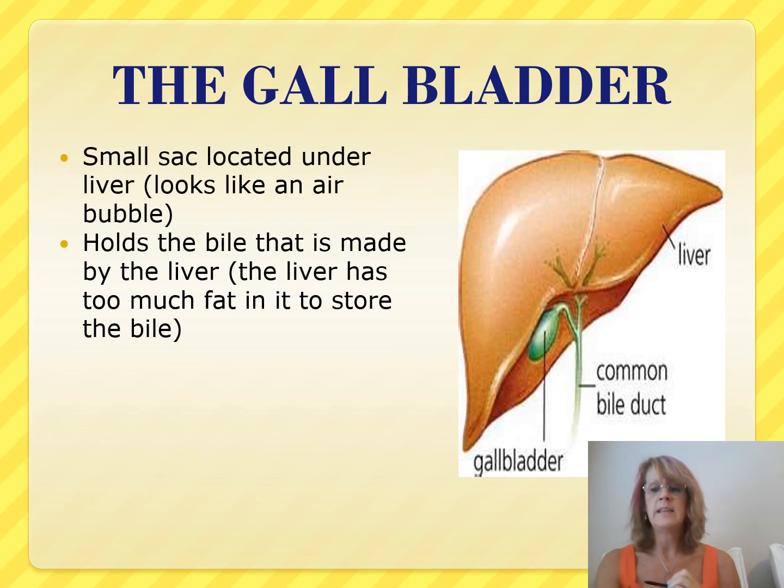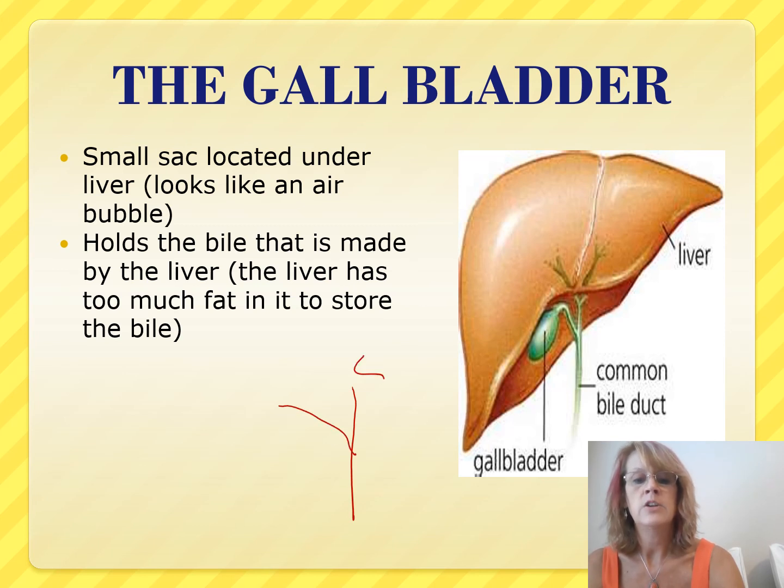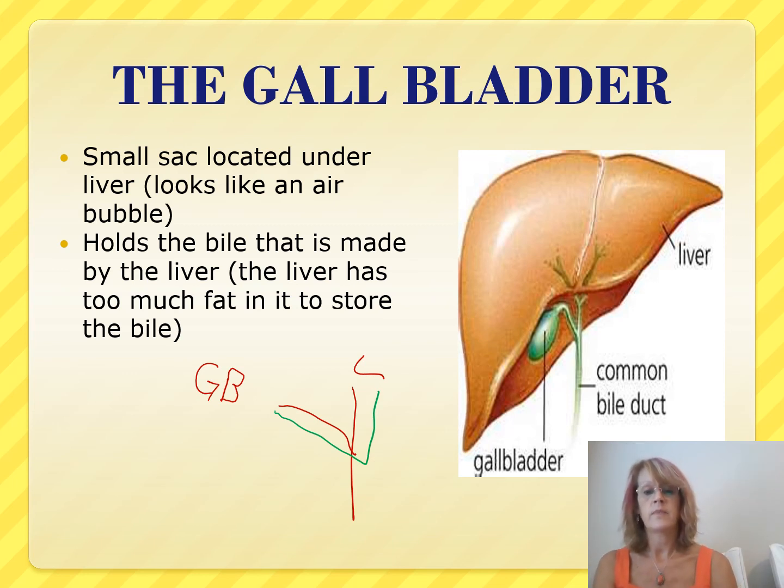Now, in the case of your bile duct, I'm just going to draw. It looks like this. Here's your liver. Here's your gallbladder. This portion here is the cystic duct. This portion down here, as you can see in the drawing, is called the common bile duct. Now, you have another sphincter muscle right here